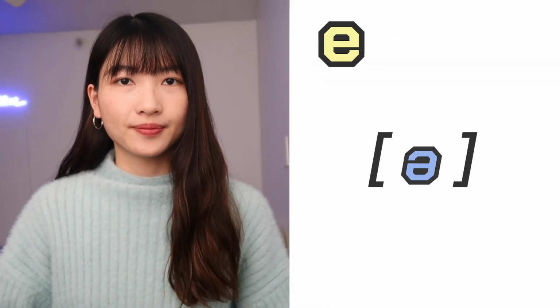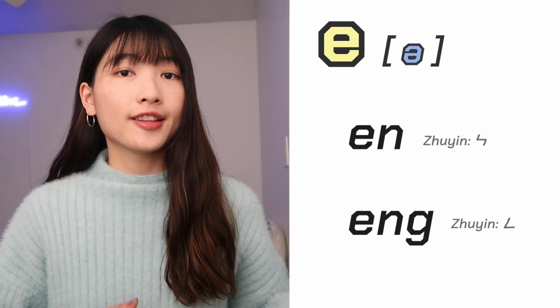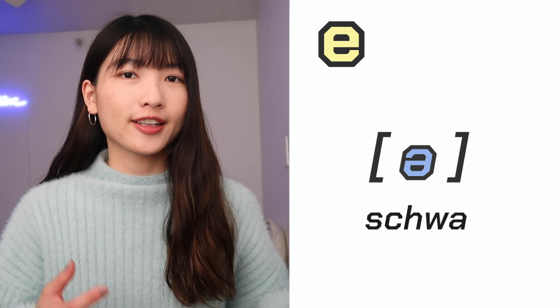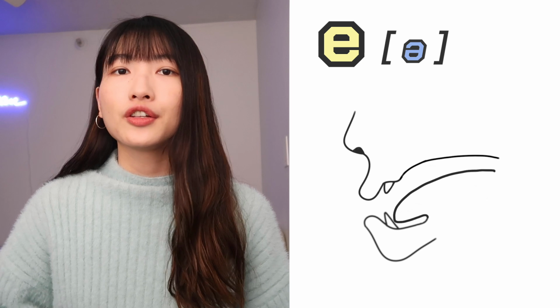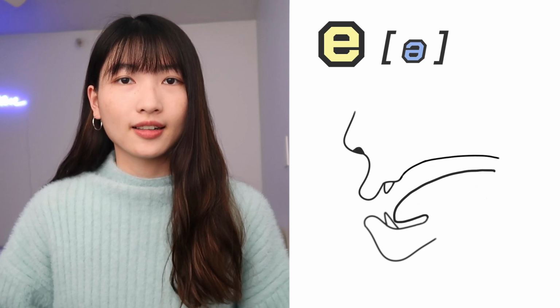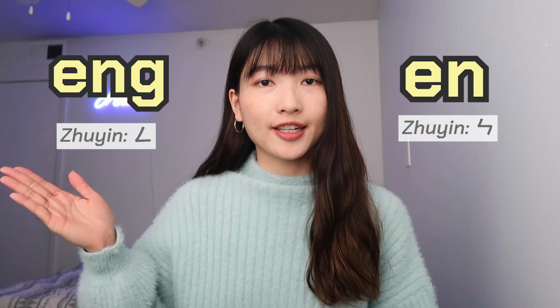The next sound is a very important one. When you see the following combinations, the letter E is pronounced as this sound, which is called shiwa. It's a lazy sound. To pronounce it, slightly open your mouth and relax it. Your tongue should remain in the middle and central position. Then you can make this sound. So this is pronounced as and this is pronounced as